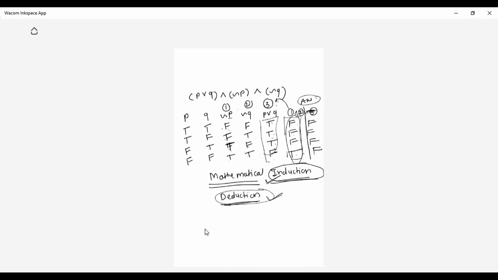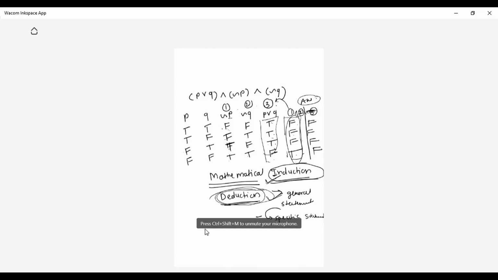We will have a general statement and we will try to extract the specific statement from the general statement. So I would write over here: we will have a general statement, and we'll try to extract a specific statement. In deduction, from general statement to specific statement we will go. Now I'll give you a simple example.